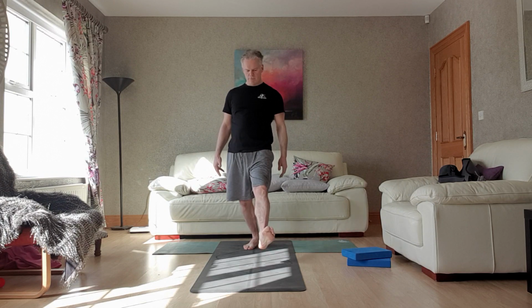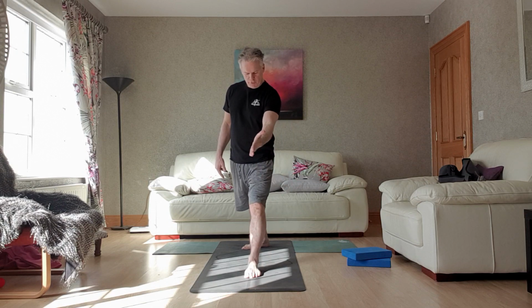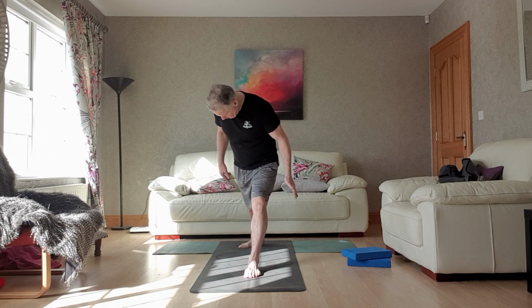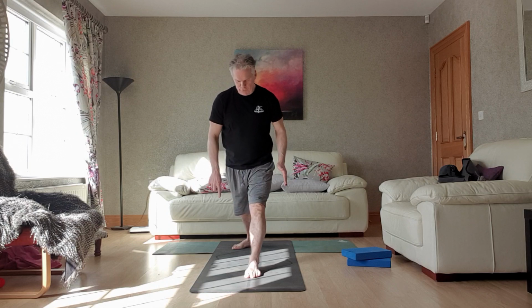So stepping the right foot forward to the front of the mat. I'm trying to make sure that the right foot, I have a line on my mat, the right foot's right in the middle of the mat. The left foot is in the middle of the mat too, but the heel of the back foot and the heel of the front foot is in line. Front body is facing forward, coming right back into it, making sure the hips are facing